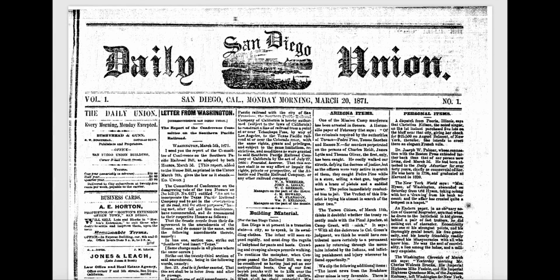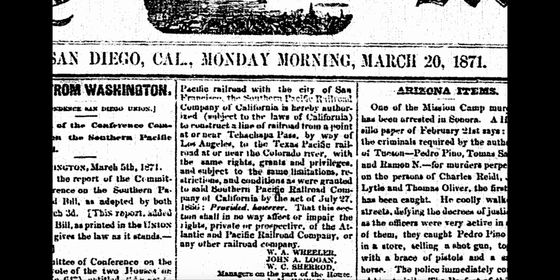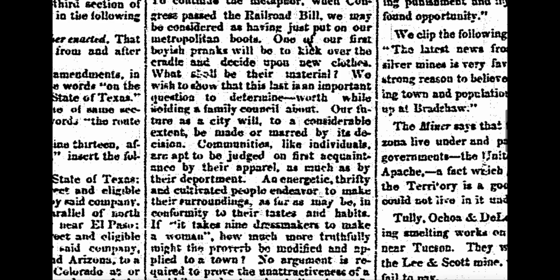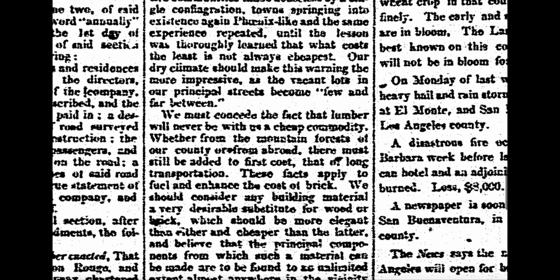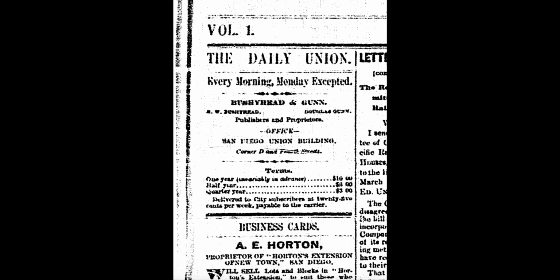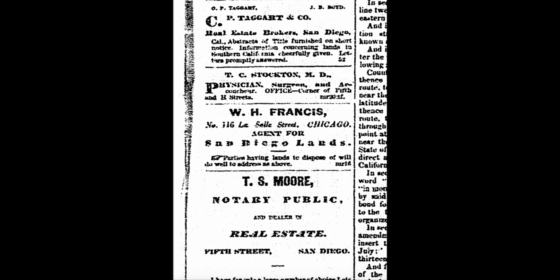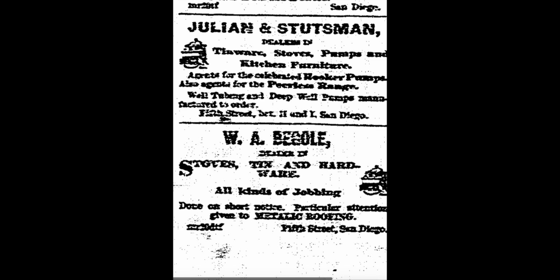A notable trait of this front page is the sizing of the font. As you can see, the font is barely legible and the paragraphs are lengthy. Also, there are multiple fonts being used and they all differ. Unlike most newspapers you see nowadays, this specific front page displays business cards ranging from real estate brokers, physicians, and even hardware. Now, moving on, this is the front page of the San Diego Union newspaper, dated August 5, 1927,